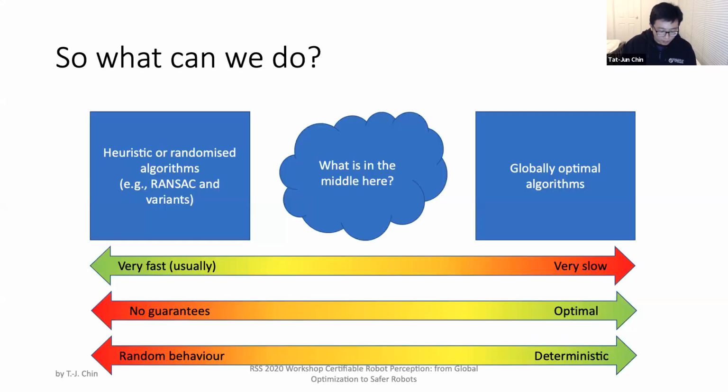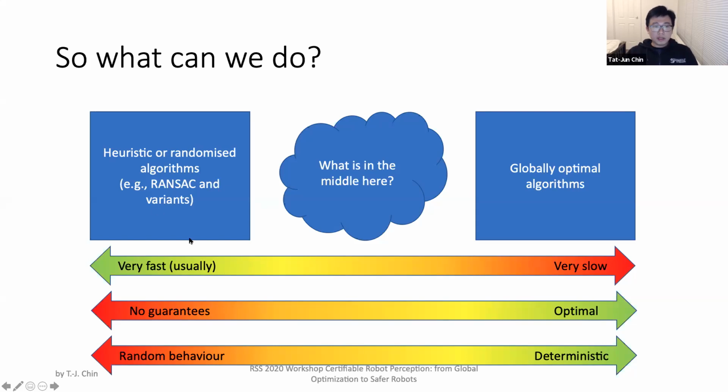Okay, so theoretically though, what can we do? I think Hank in his talk will mention more recent results that are more optimistic. But before that, let's see what the theory allows and does not allow us to do, right? So in regards to geometric understanding with outliers, we have two extremes. On the left, we have heuristics or randomized algorithms such as RANSAC and variants. On the right, we have globally optimal solutions. The theory says,